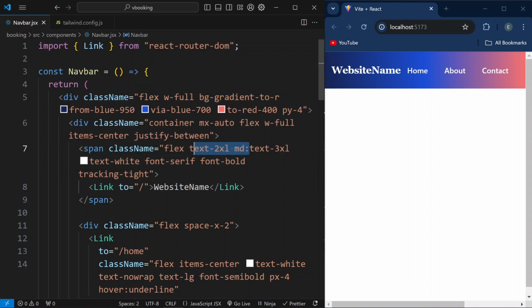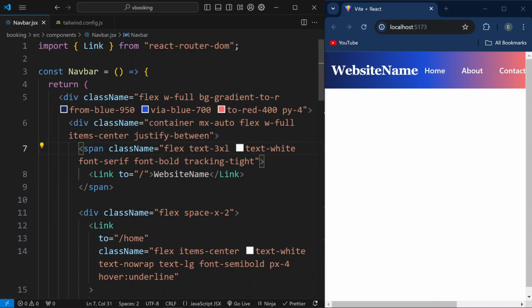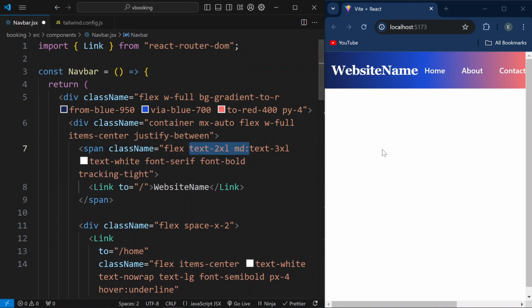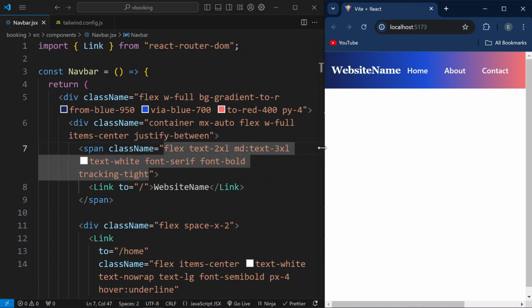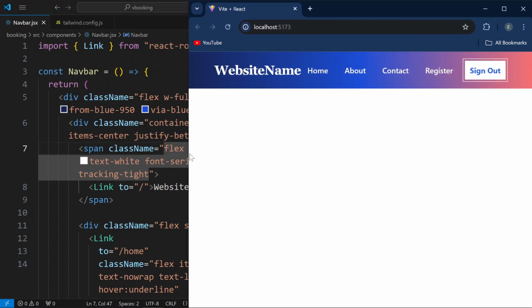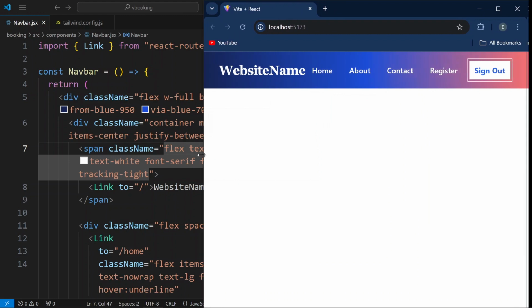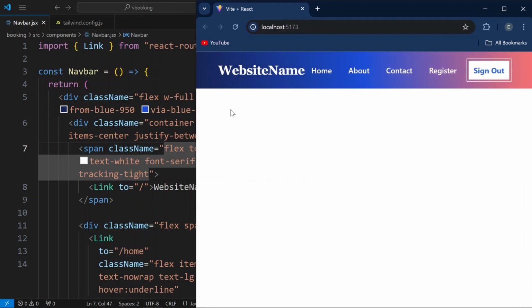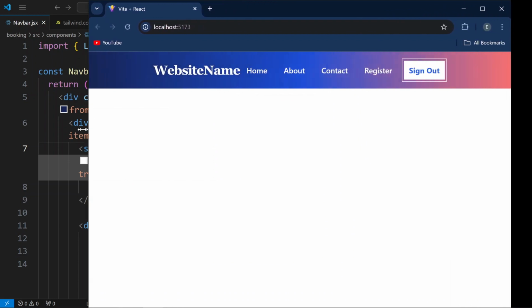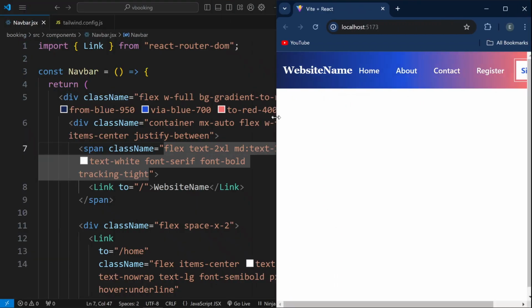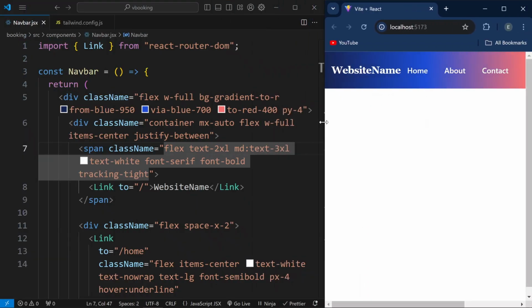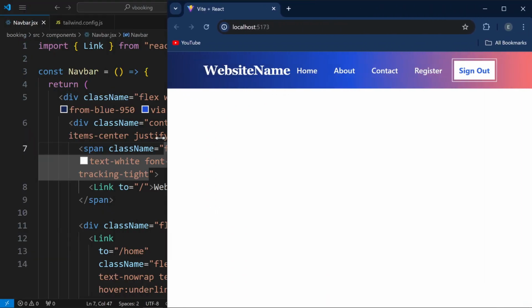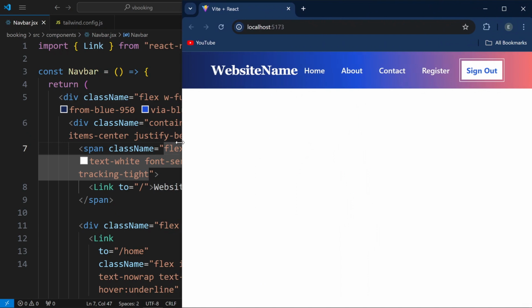If we remove it, as you can see now our text is bigger. Let's Control Z it. Our text is smaller. It's 2XL, but on medium screens our text will be 3XL, and on larger and extra larger also. Okay,